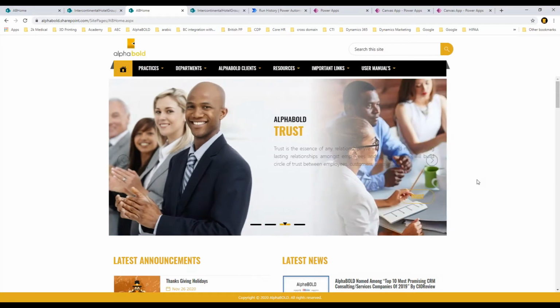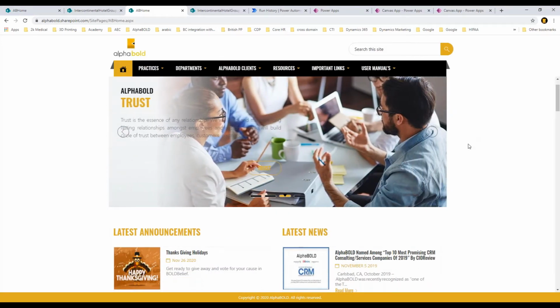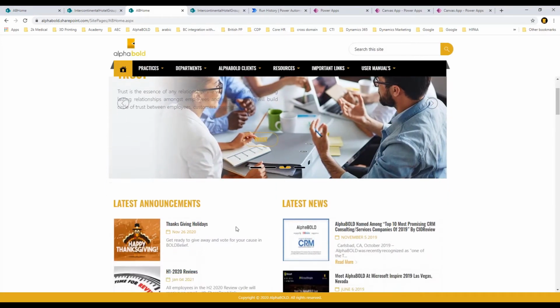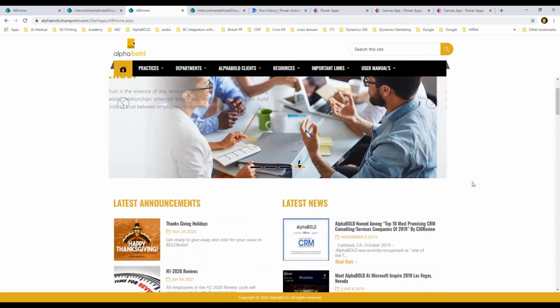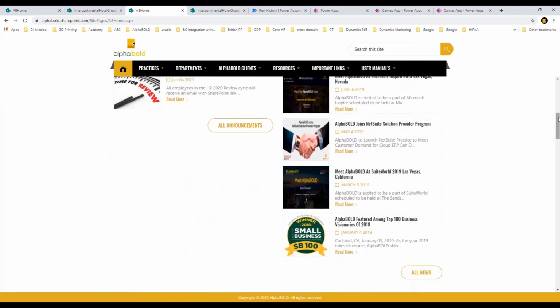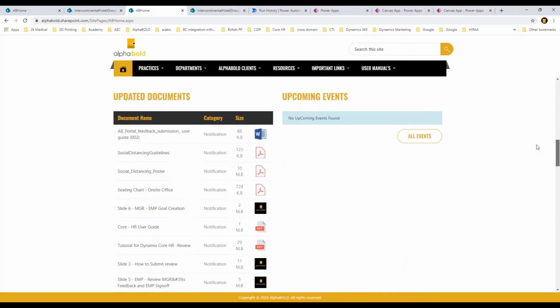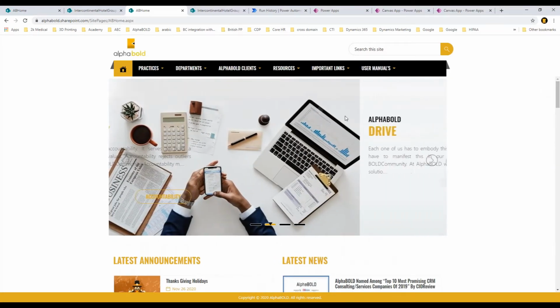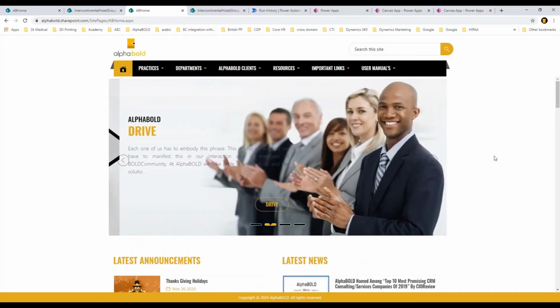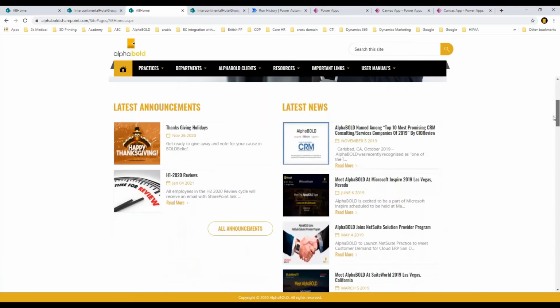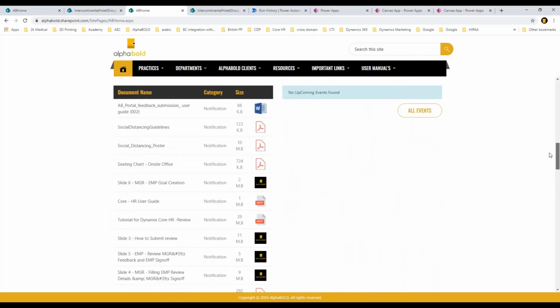So we're using it, and we have a section here for latest announcements. So we have Thanksgiving holidays coming up. We have latest news. And then if I scroll down here, you see we have different sections in here. And they're all branded based on our colors because we have so many remote employees, as well as with the pandemic, people are working from home. So it's very important that they understand what our values are, for example. So I have a carousel here that talks about our core values. So it's kind of our means to instill a little bit of our culture in the